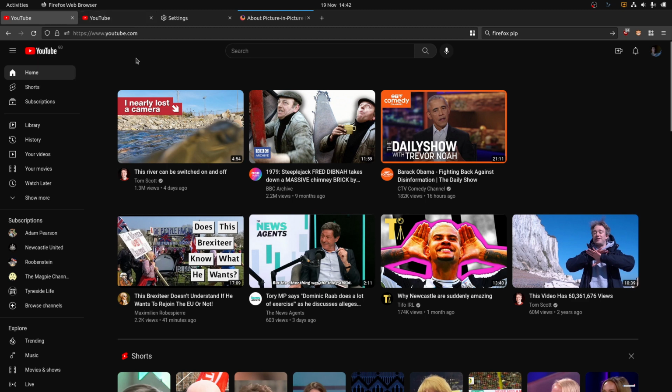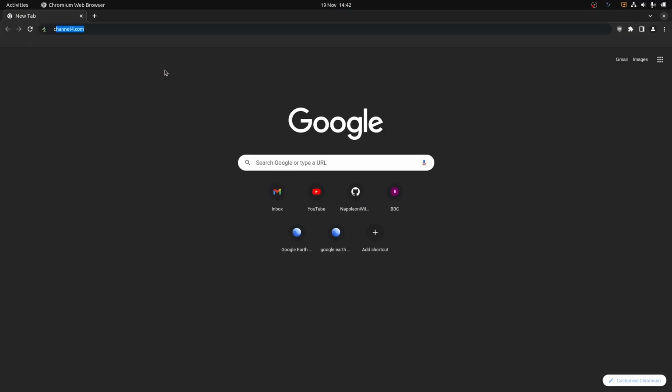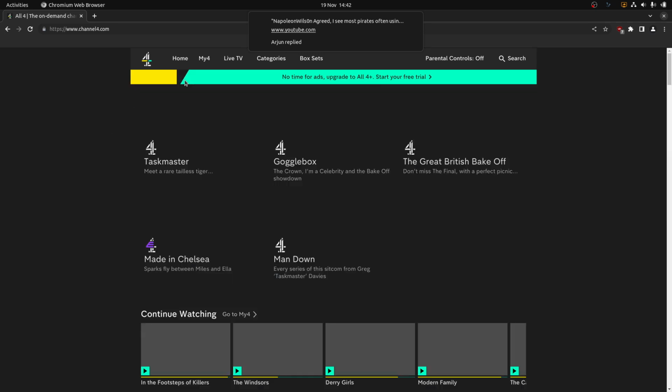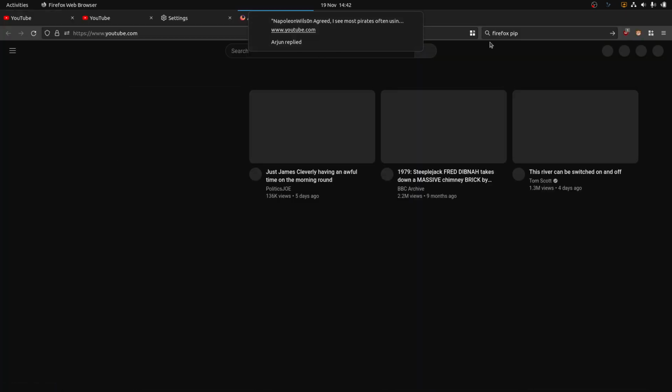Right, so what I'm going to do is come across and open up Chromium, and open up Channel 4 on ITV. Okay, here we can see. Can you see this pop up? That's great. So this is handy. You can see this is a notification that has come through from a YouTube comment here, and let's see if this will work. Okay, so what's happening is